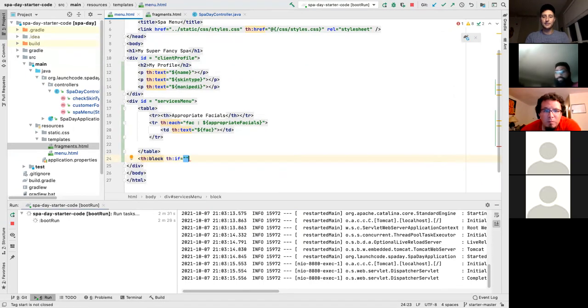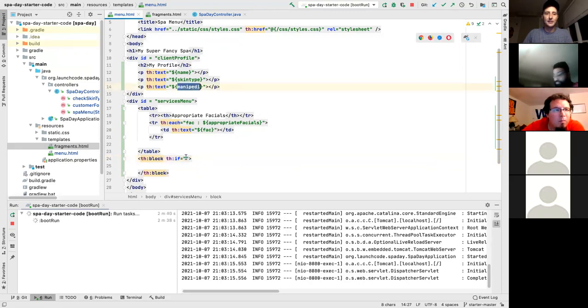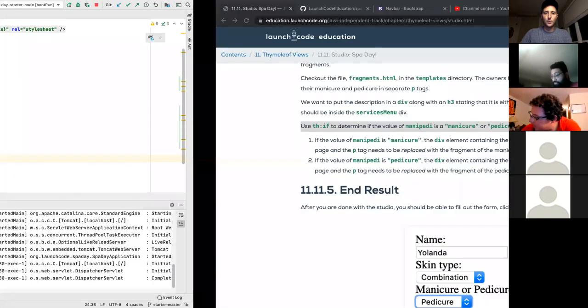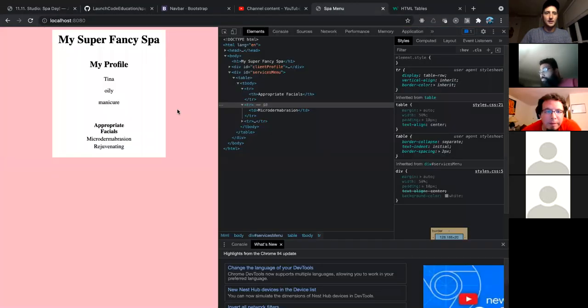Let's say th:if, and now I've got to do my conditional here. For this, I've got to check if it's a mani or pedi. So I've got to use that variable. So if the maniPedi equals that. So we're going to do this. What is it? We've got to see what it looks like. Looks like it's all lowercase. So if it's manicure,